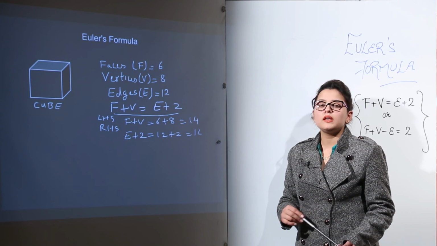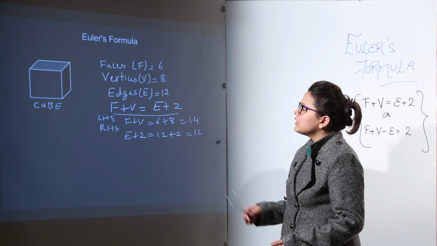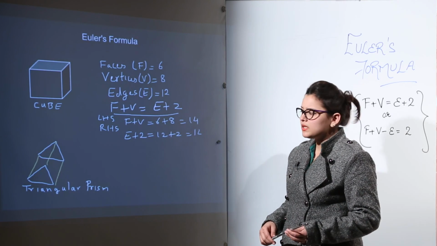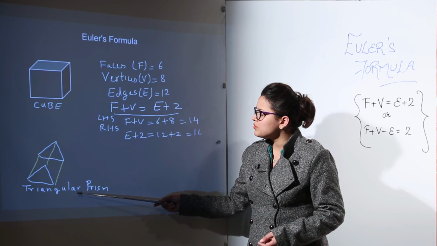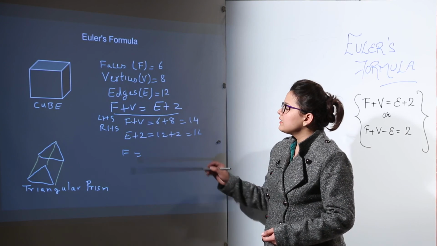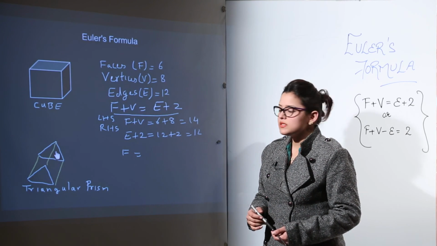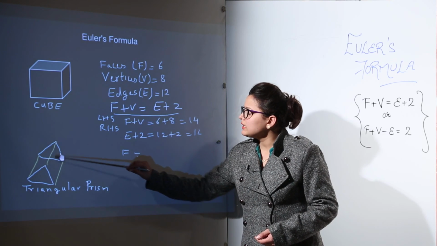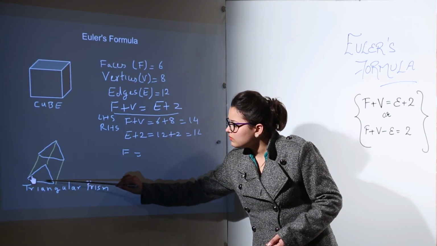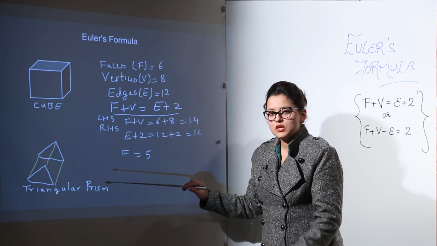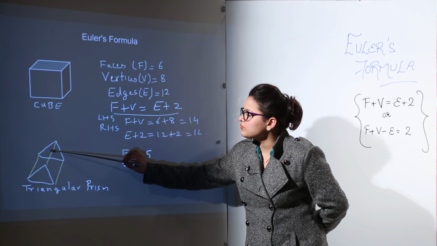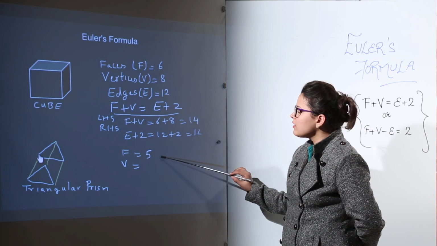Now similarly we can take many other examples, right? Another examples could be many other polyhedrons that we have done, prisms, pyramids, anyone you can take. So I have taken up a triangular prism over here, triangular because it has the ends as triangles, right? And the faces are the parallelograms. So how many faces does it have? It has 1, a 2 and the third one is the lower one lying flat on the surface. So it has 3 faces plus the fourth one is here and the fifth one is here. So in total it is going to have 5 faces.